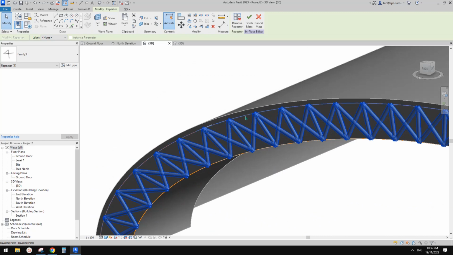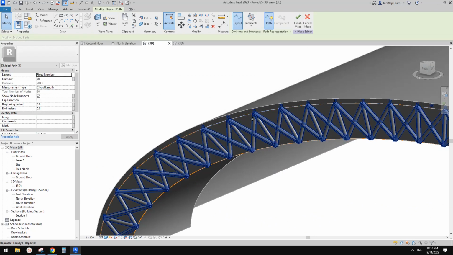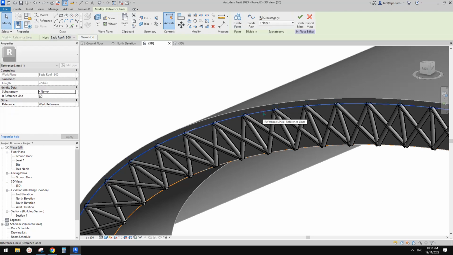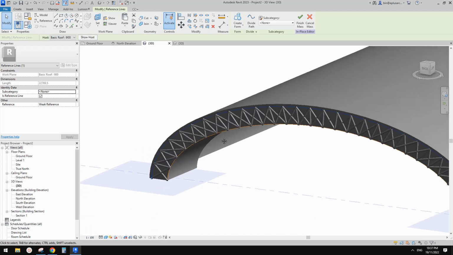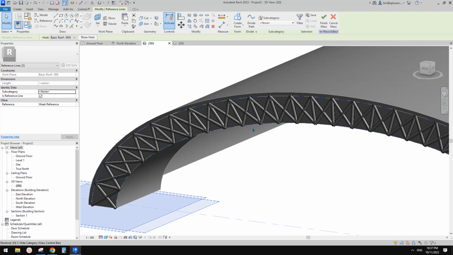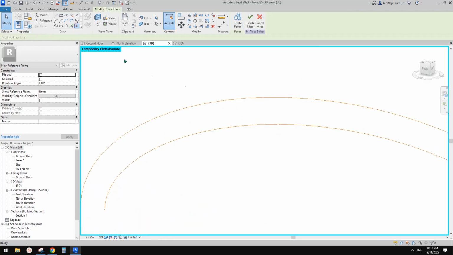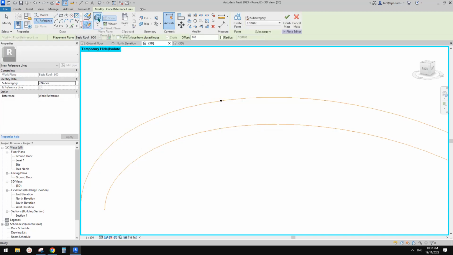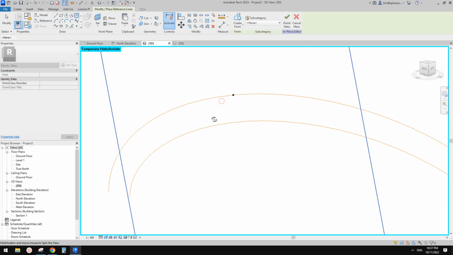So what I'm going to do is I want to select this. So not this divided path. If you see this number, it's the divided path. So we need to select the reference line. So tab. So this one. Okay. So this one and also this one. Let's try to select them. And place a point, place onto this. Just make sure it's draw on face, reference circle, draw on work plane, set work plane, pick the point, and